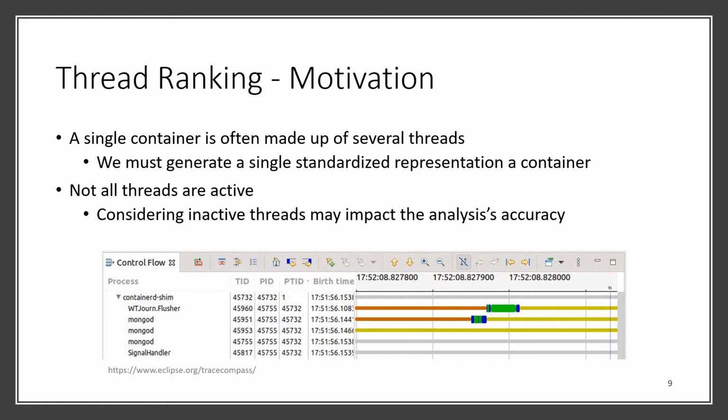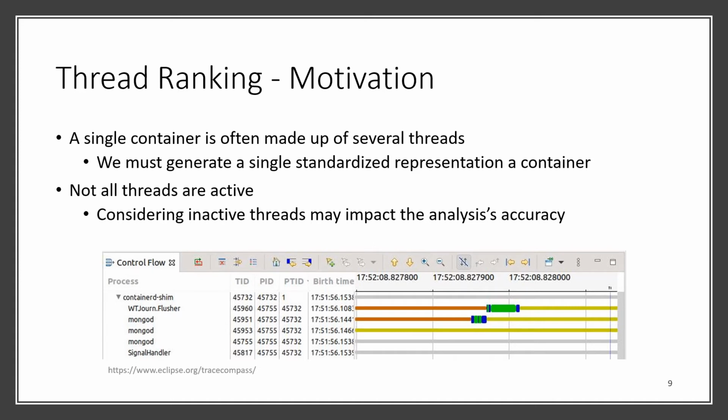So for example, on the screen is a screenshot taken from Eclipse Trace Compass, which is a very useful trace visualization tool. In this view, the horizontal lines represent the different threads, and the different colors represent the different execution states. The gray color there represents the waiting or idle state, and we can see that there are a couple of threads that remain idle on the screenshot, but they also remain idle throughout the entire tracing session. So considering these inactive threads may impact the analysis's accuracy, as it takes away from the more influential or important